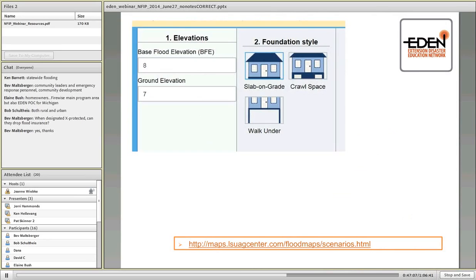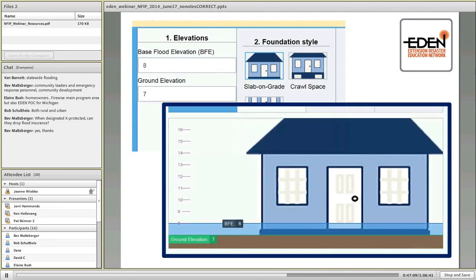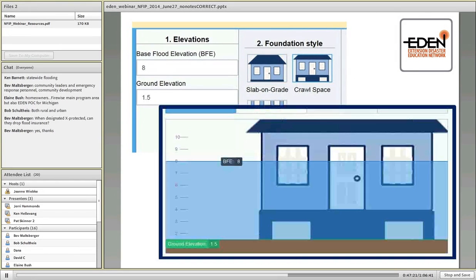If you get rated based on your elevation, remember we looked at the guy that's only a foot too low, that's not too bad. That's only about $1,500 a year for a modest coverage. But if you're this guy, that's $10,000 a year. And the relevant depth here is the difference between the base flood elevation and the lowest floor, wherever that's measured. This is measured like an A zone because it's the top of the floor. V zone, you'd be measuring down,